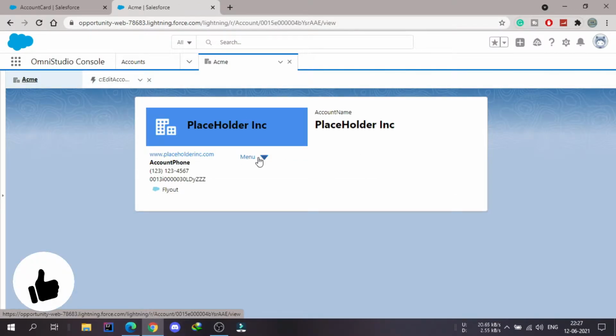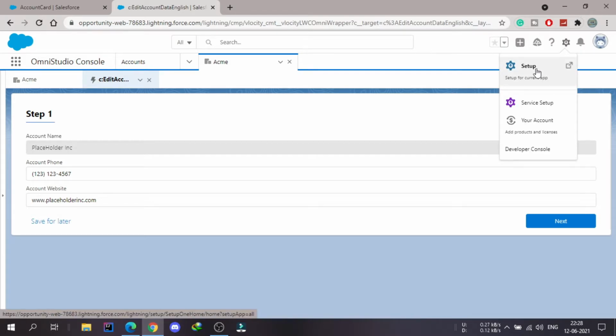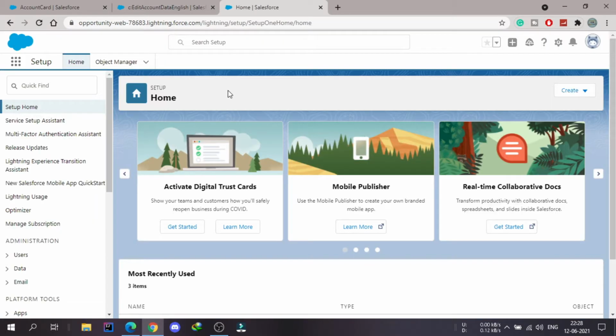After clicking on this, if you are not getting this same thing, like if you are getting that sample one, then you need to go to the setup, and here you need to search for debug.